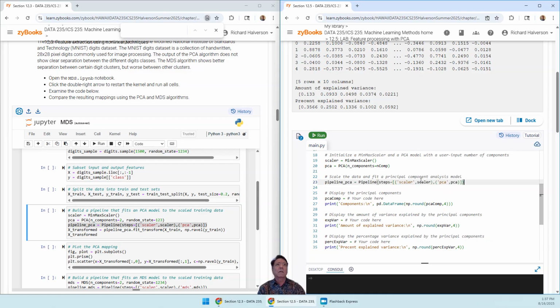Scalar, the output of this. Okay, and then PCA is this. Okay, so this pipeline thing first does the scaling, and then it feeds it into the model. Okay, so that's that pipeline PCA, and then we need to